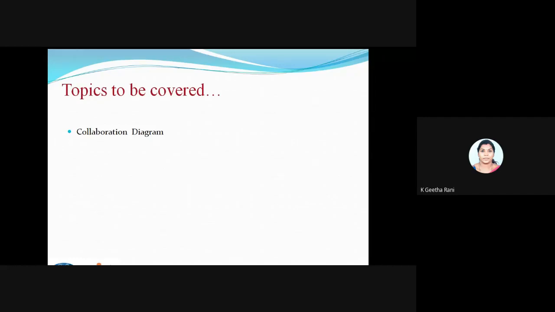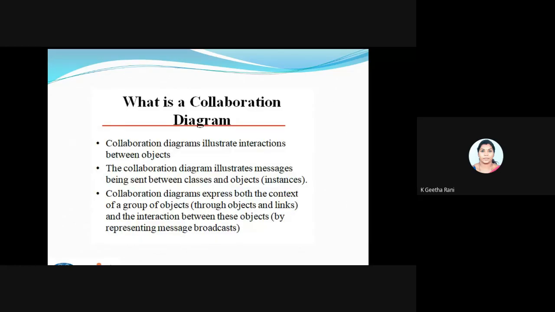Sequence is over; we saw only one big example for sequence. Later we'll be seeing more examples for sequence also. So we will see the concept of collaboration, and then we'll go into the example part. This is also a type of interaction diagram, where we see how objects interact. Simply put, there is not that much difference between the sequence and the collaboration diagram, only a very mild difference. We are going to see the concept and what we need to draw this collaboration diagram.